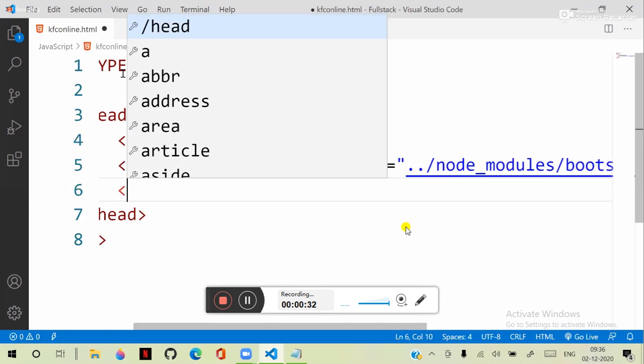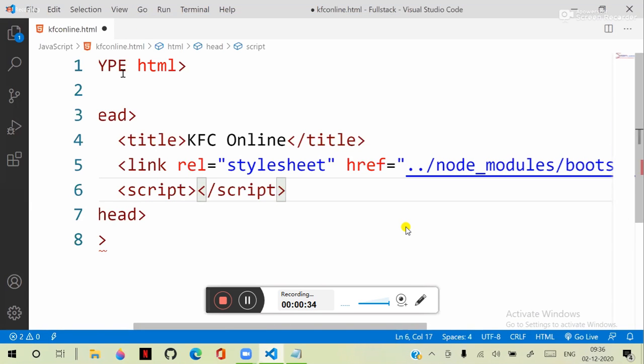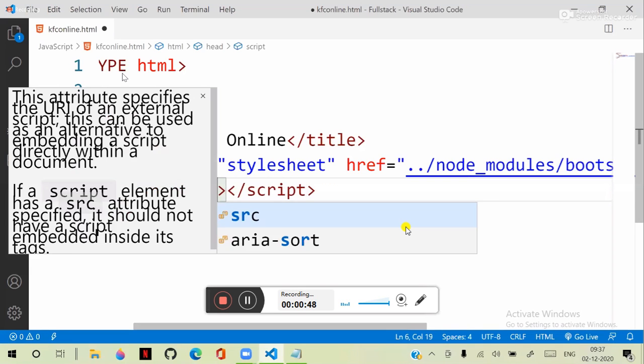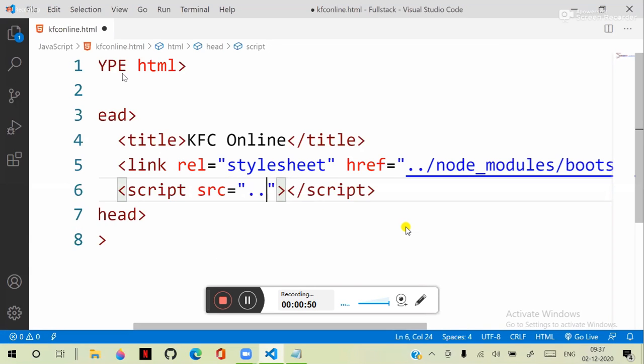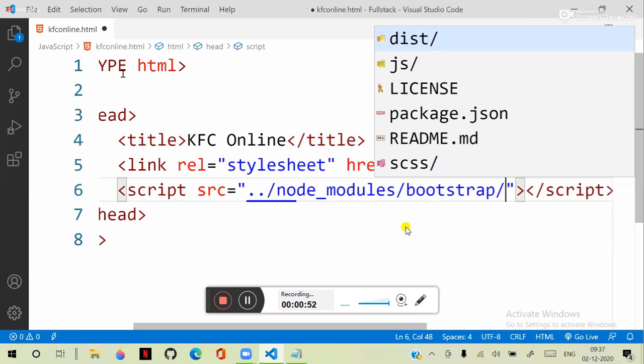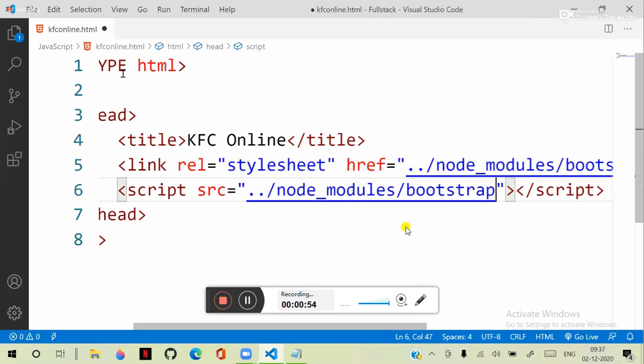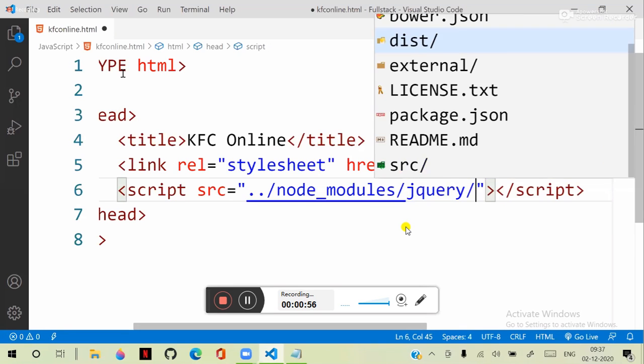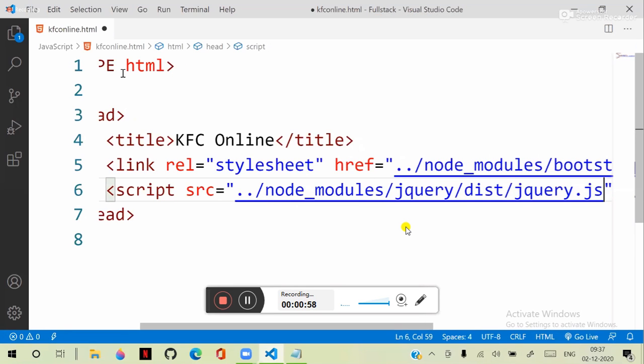bootstrap.css, and for the script we will use Bootstrap's jQuery also. Then script src is equal to dot slash node_modules, bootstrap. First we will import jQuery, dist, jquery.js,